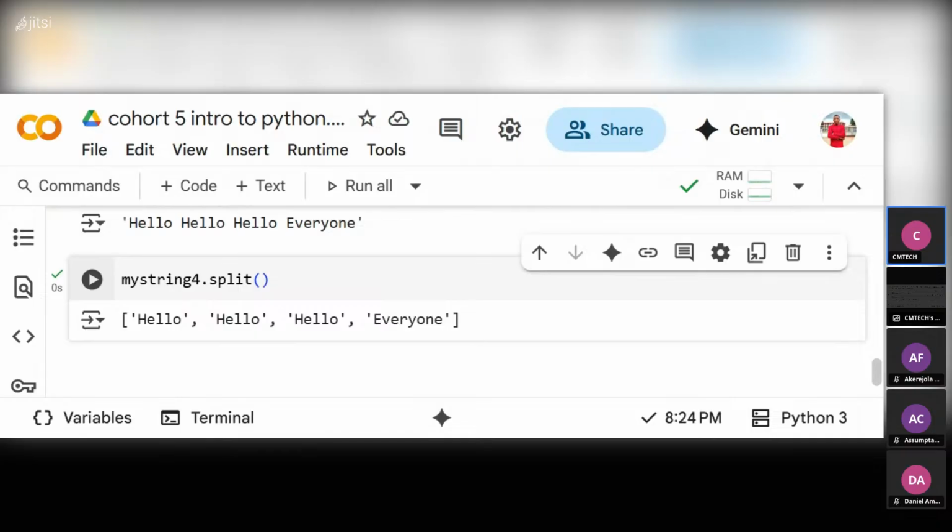Okay. Now let's go further. We want to see some other things we need to learn in Python. What are we going to talk about again? Okay, we are going to talk about